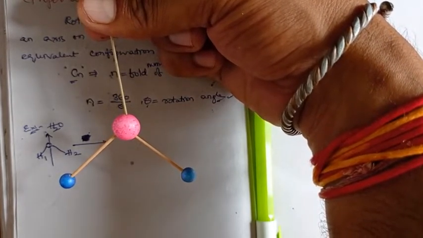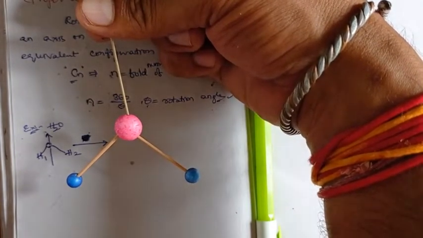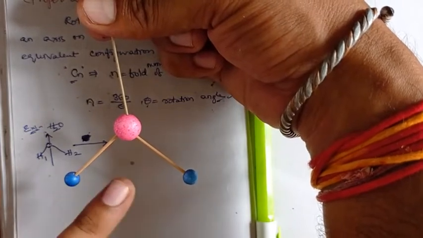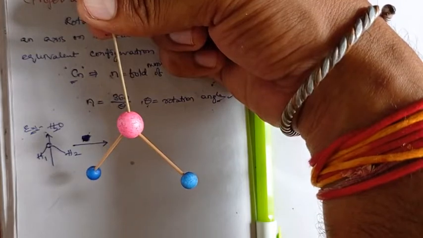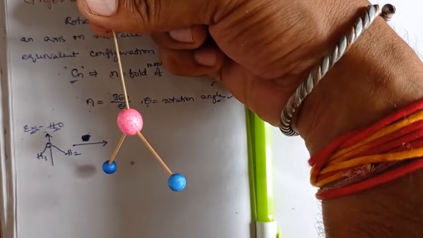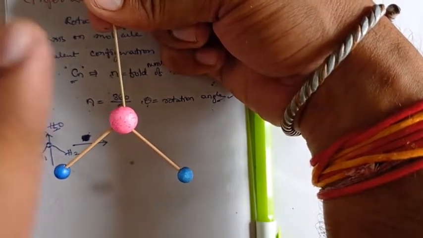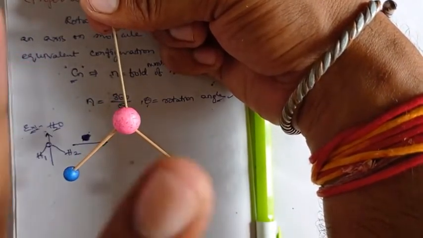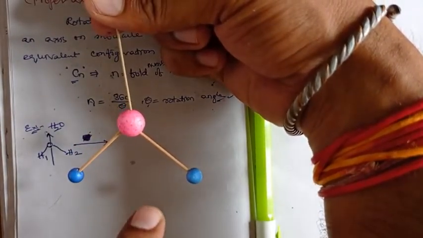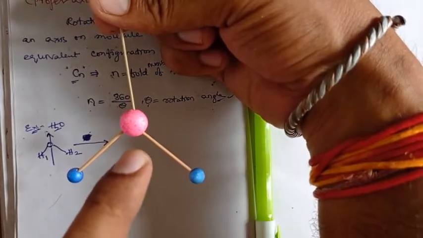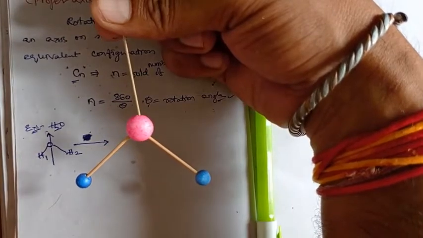Before this, even if I change by a minute degree, a slight degree change, what is happening? The atoms are changing their position. Even if you do a minute rotation, the atom positions will change. So without changing all the atoms' positions, we cannot do the rotation on a water molecule. So here, the first hint is never applicable. We will go with the second point to generate the equivalent configuration.